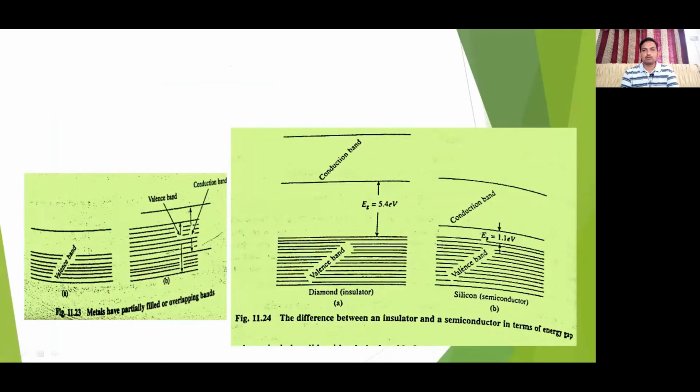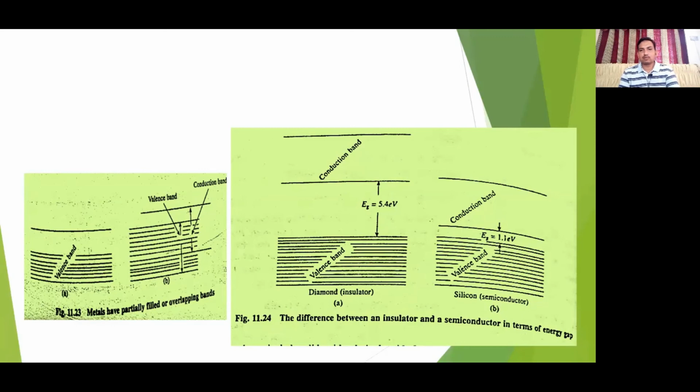If you see this first diagram, which is marked as 11.23, this is your valence band, which is overlapped with the conduction band. So some of the electrons in the valence band are also part of the conduction band. So in that case, either both the bands are partially filled, or both the bands are partially empty, or both